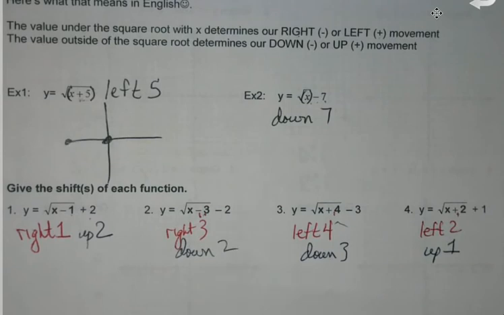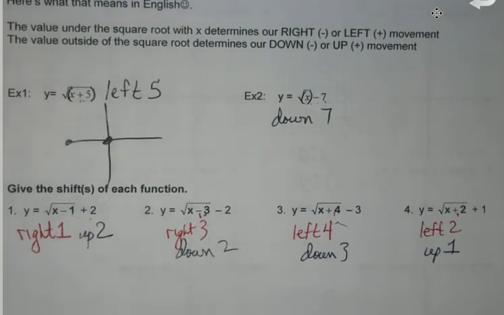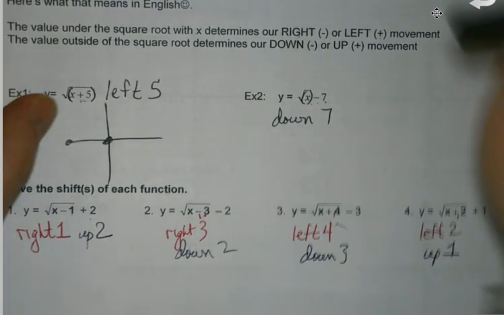So basically, we just learned half of this whole unit. It's just understanding that the number underneath shifts to the left or right, and the number on the outside helps me to shift up or down. Because when it comes to the graphing part, we're going to let the calculator do all the work. Okay? So, as we flip over,